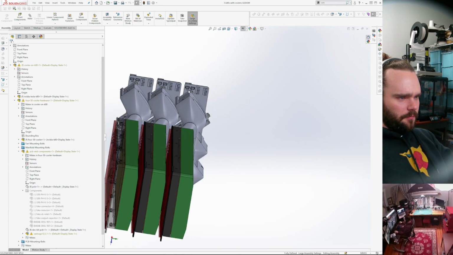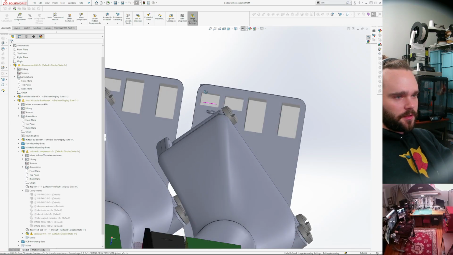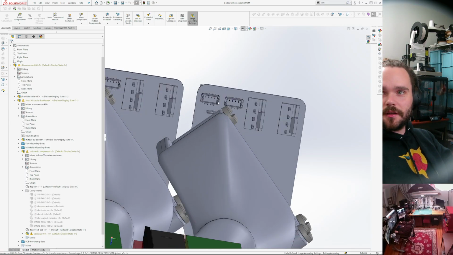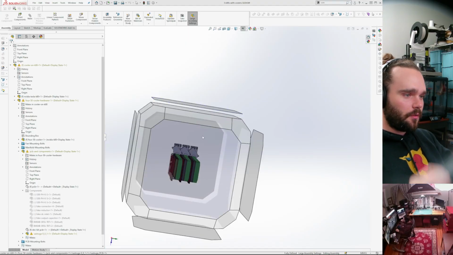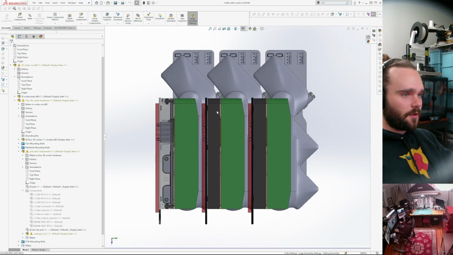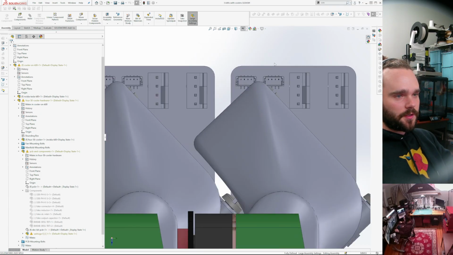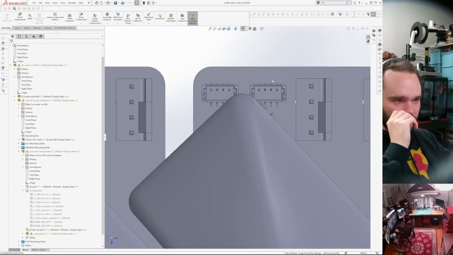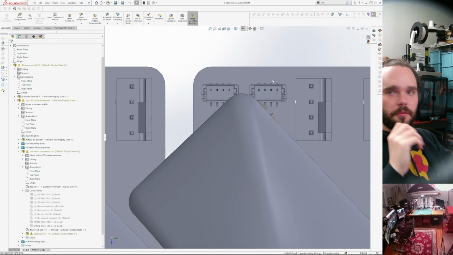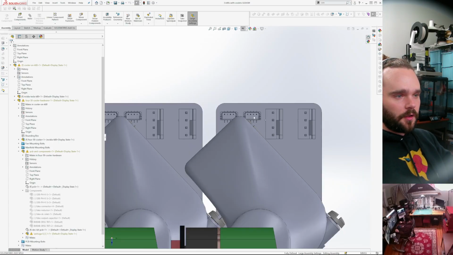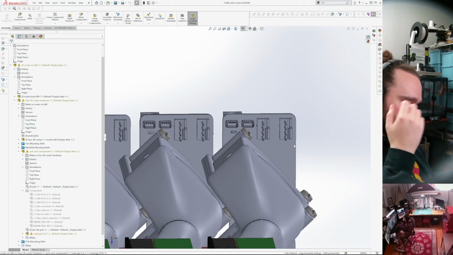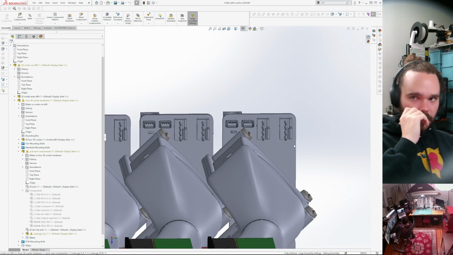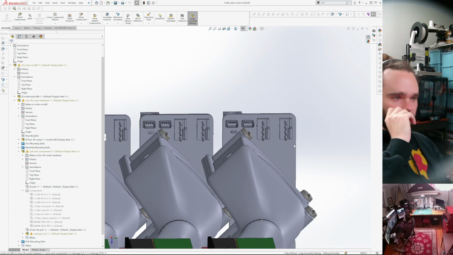kind of got problems. These are for the temperature sensors, these two connectors back here. And it looks like they will hit this bolt. Which is why we do CAD before we order expensive stuff. But sad face. I can probably make it work. I'll probably move over here somewhere. Maybe in between these two. But I'm not going to do that now. That's kind of complicated. Actually, maybe I will do it now.